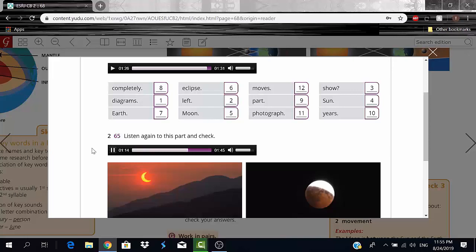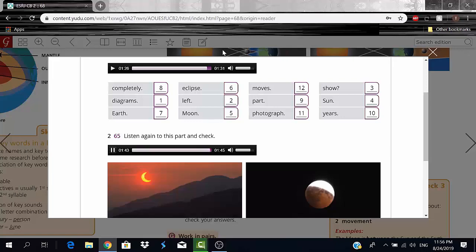We call this kind of eclipse partial, from the word part. On average, total eclipses only happen once every 100 years. Look at the diagram under the photograph. The red arrows show the way that the moon moves.